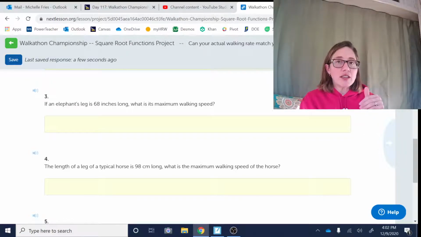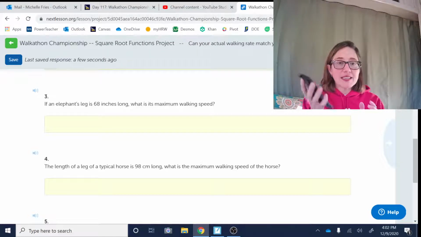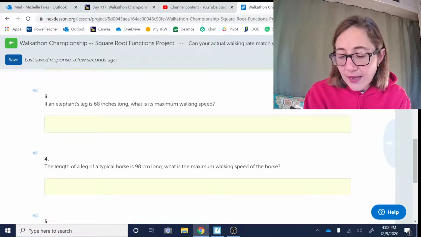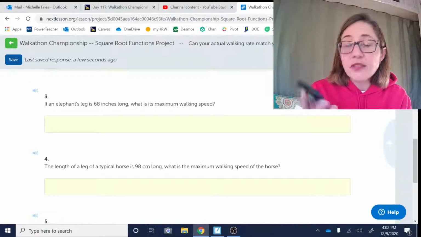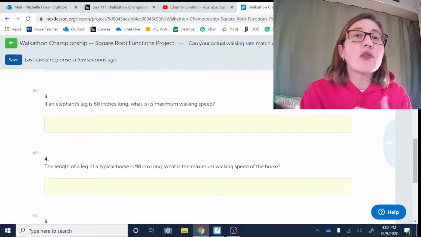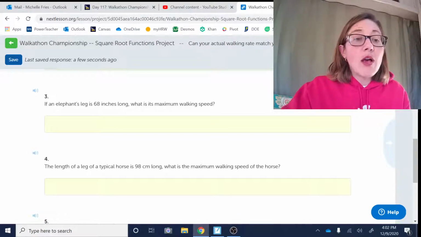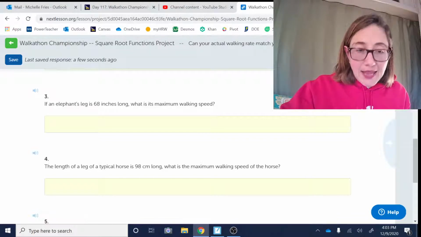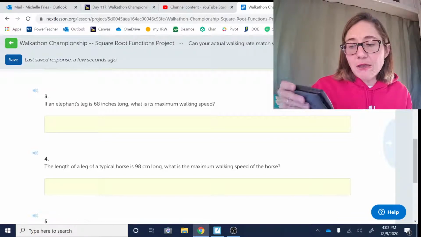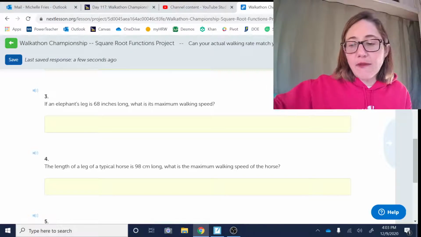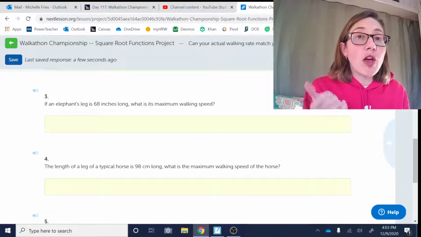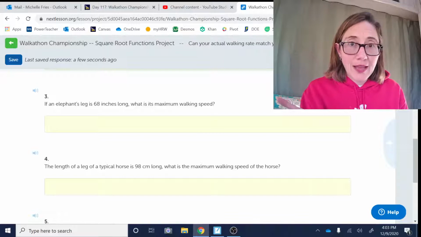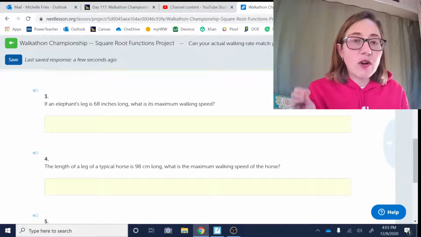So how many inches are in a foot? Well, that would be 12, right? So what you're going to do is take your 68 inches and divide it by 12. So it's 5.6 repeating. Okay, so that's what you're going to use for his leg length in feet. Okay, so I would call it 5 2/3 is the fraction form of that. That's what will go in for your capital L for that elephant,